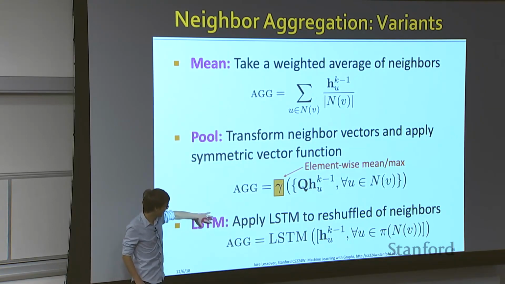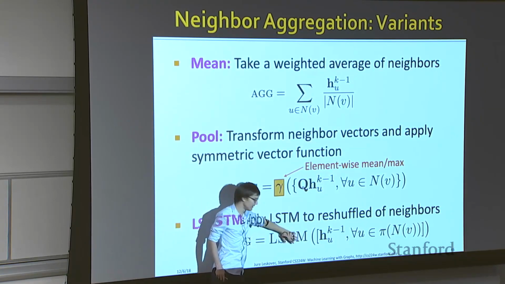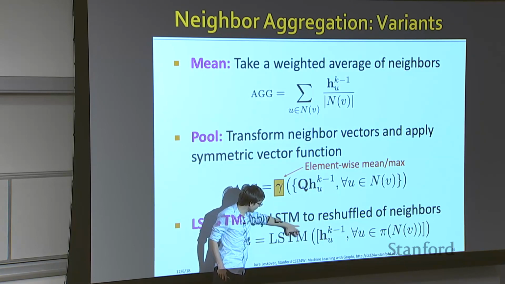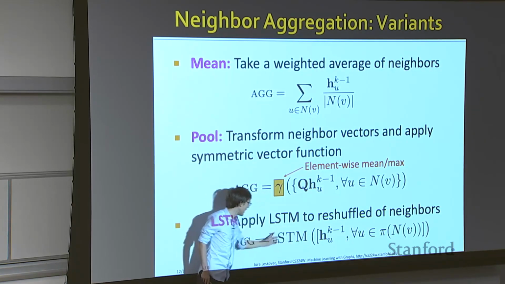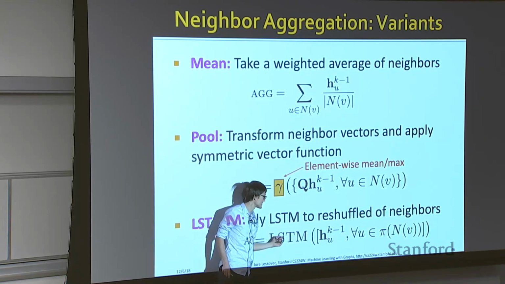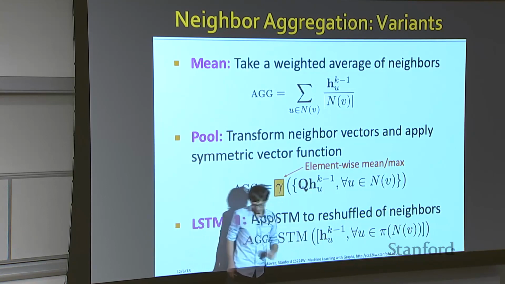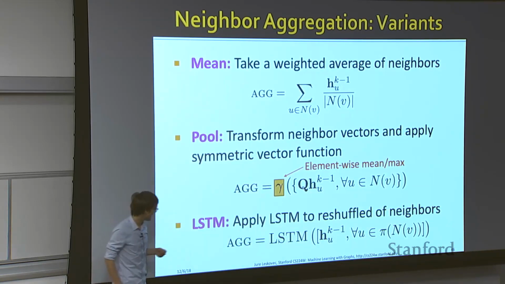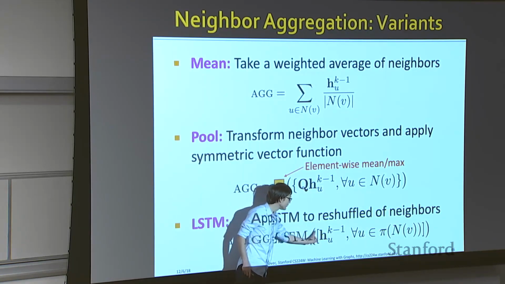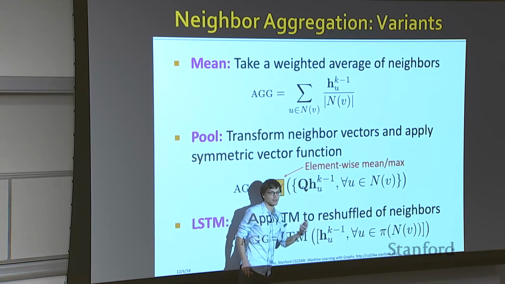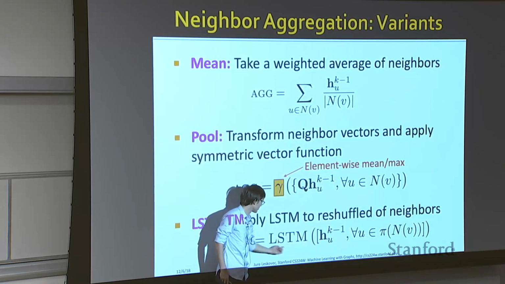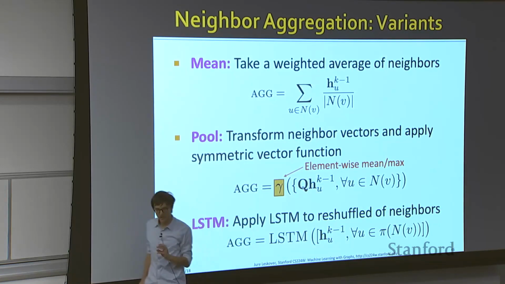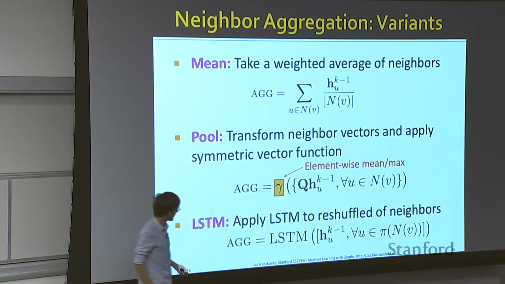And then, if you like, you could even use a neural network like an LSTM to be able to learn how to aggregate the neighbors. And of course, LSTM, for those who know, is not order invariant. So when you train, you could try to do this over several random orderings, to make sure that this thing will learn that the order